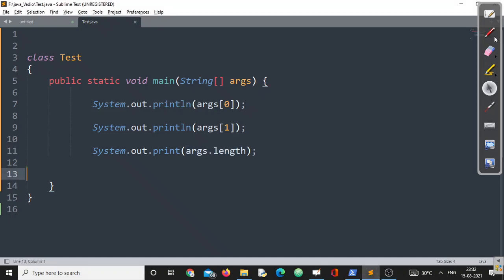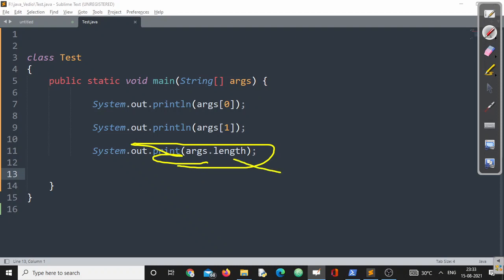Don't worry. Now you can understand these two points. args[0] will be the first argument, args[1] will be the second argument, and it will go on and on. And if at some point I want to find out the total number of arguments passed to my Java application, I can use length, right?